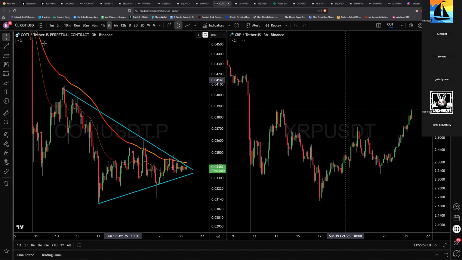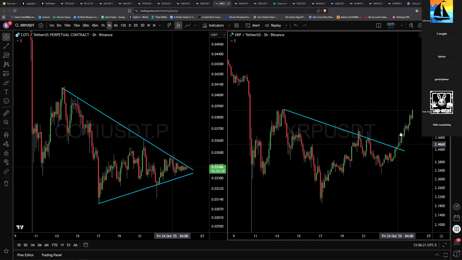So you've got, let me make sure I've got this right. I think this was a deviation right there. Let me just change this a little bit. I'm just trying to connect as many of the wicks and bodies as I can. I mean, this is pretty close. So you did get a clear break above and you retested, and it gave you a couple candles to get in. So I think XRP is probably at least coming up to here,